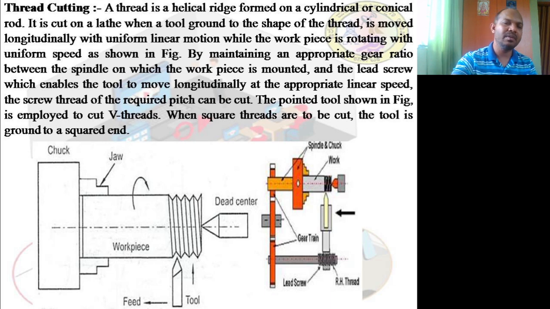It can also be restricted. For example, if you want threading only within these 2 centimeters, we can make threading only at that particular 2 centimeter position. Is it clear? In most cases, these threadings are always made at the end of the material, isn't it? Even if you take a nut and bolt system, it is always made at the end. Is it clear? So it has to be balanced well.